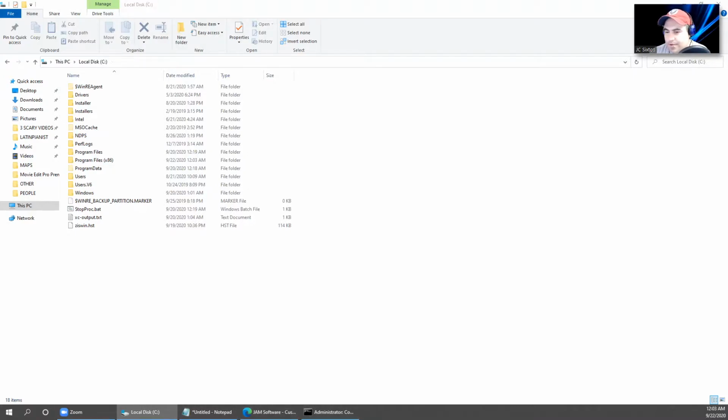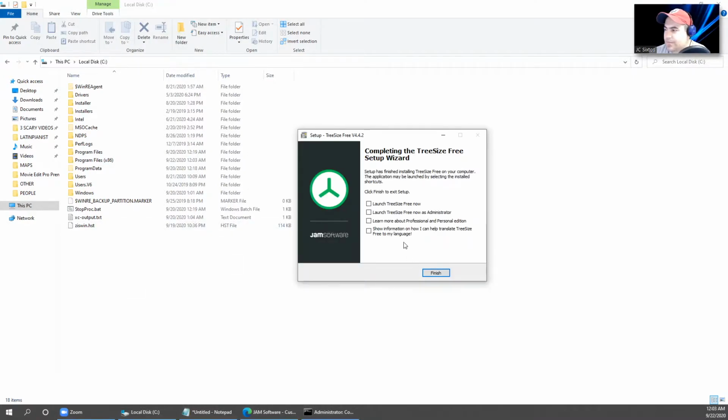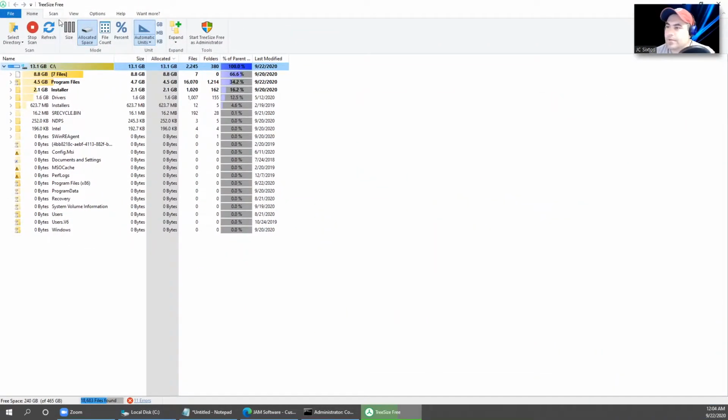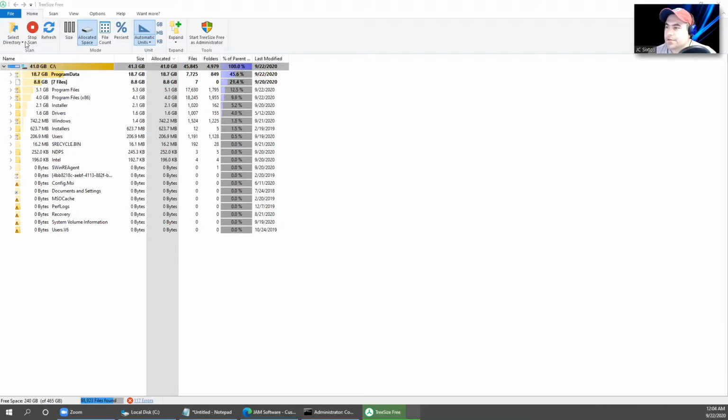Okay, so it looks like it's done, and we're going to launch TreeSize now as administrator. Okay, so finish. There it is. Okay, so this is TreeSize, people, and this is free, by the way. So the first thing you want to do is select a directory, and then you're going to do local disk C,